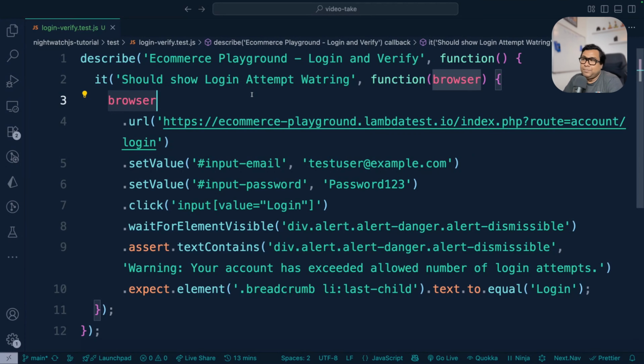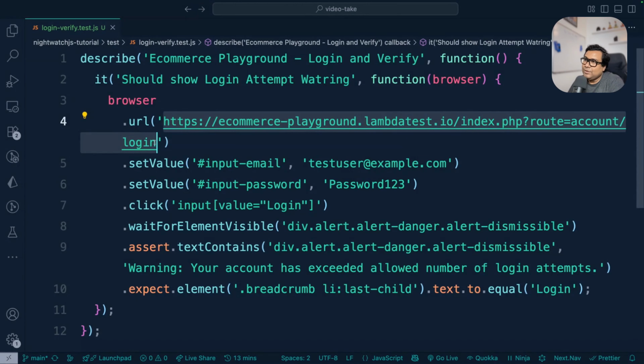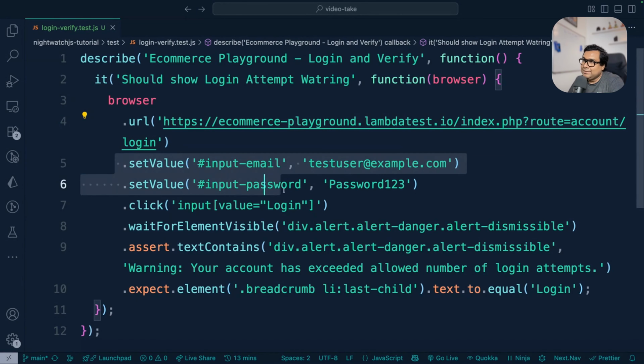This is a perfect blend of locators and assertions. What is this test? This is again a login and verifying test. I'm describing it in that way, and there is a test case: should show login attempt warning. If we are trying to log in too many times, it should show a warning. Our test URL is this particular page. These three lines I don't have to tell you because we did it just a while back with our previous test. We are setting the value of email with this particular value, password with this particular password, and then